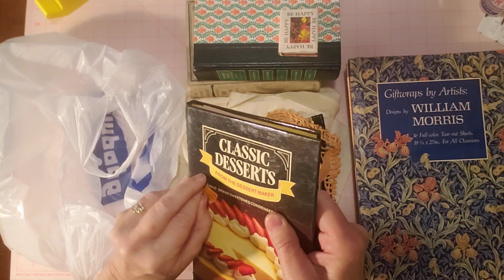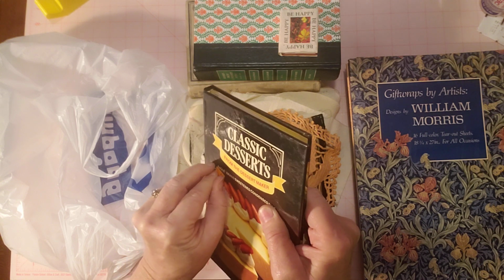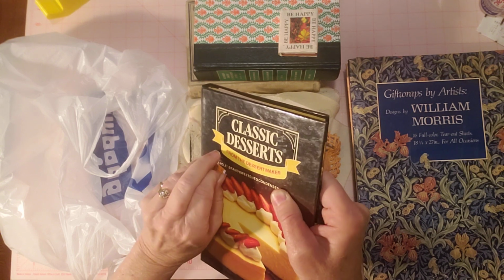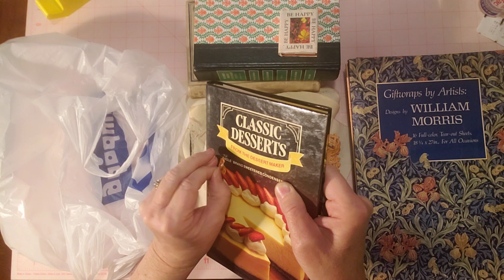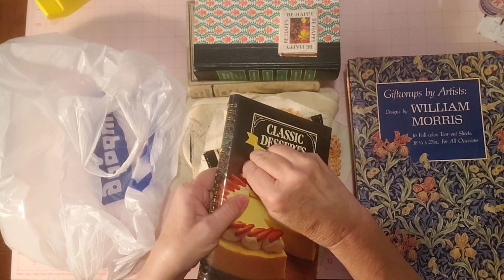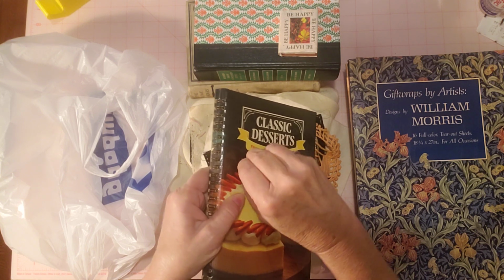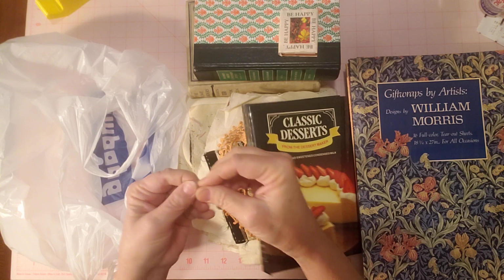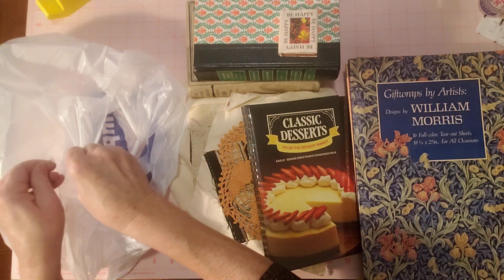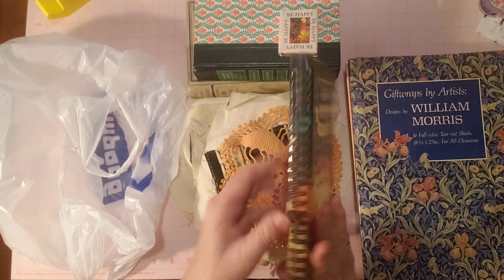This is the price tag, but not the price I paid. So I just would like to take this off because I'd like you to see it without that on there, making a blemish almost on the cover here. It's so pretty. It's such a cute book. I want you to see it all pretty. Okay, there we go. So yeah, this one, this is another one of those that I love,